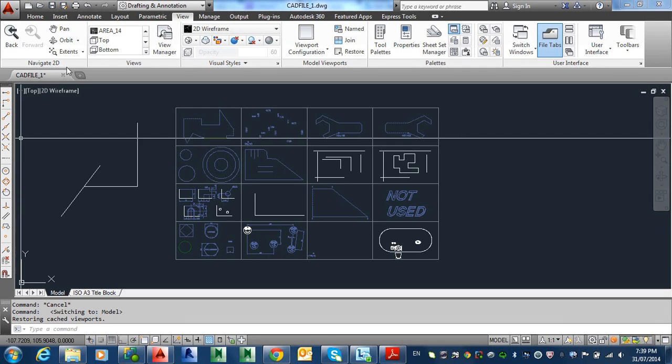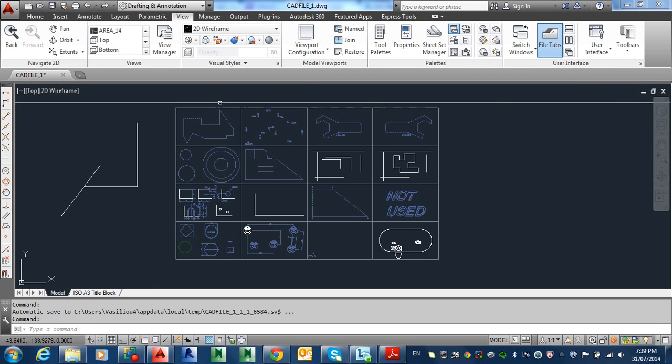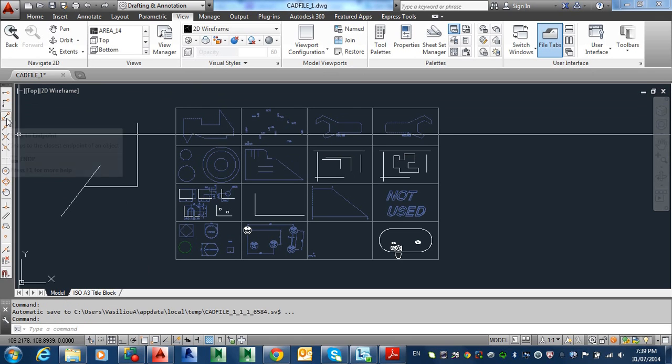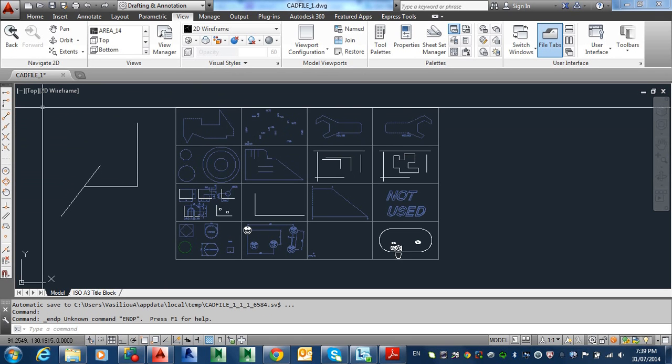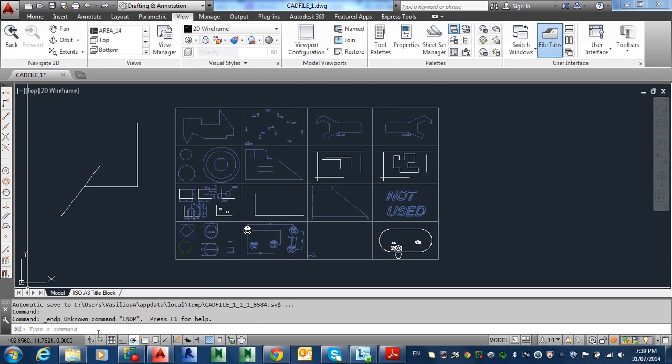I don't think I missed anything, or I probably have, but the other thing with these toolbars, like the object snaps, you have to remember that they are not actually commands. The way we think as humans, we say, I want to draw a line from the endpoint of that line to somewhere else. So immediately we go, I've got to get the endpoint on. In fact, it says unknown command at the bottom there. These do not exist by themselves. They don't work. They only exist